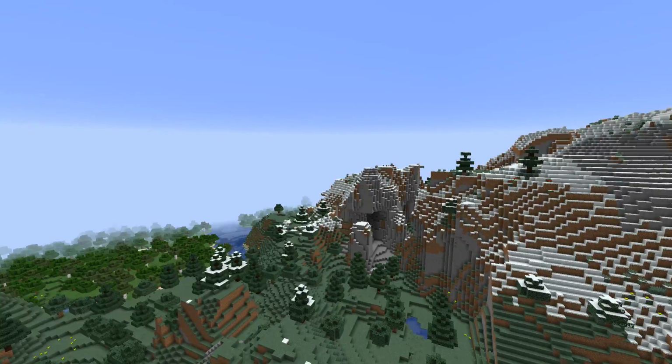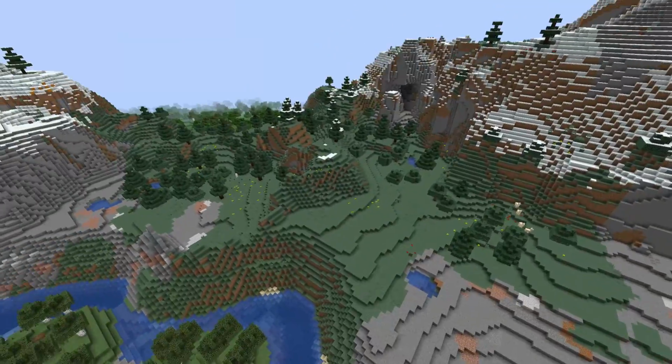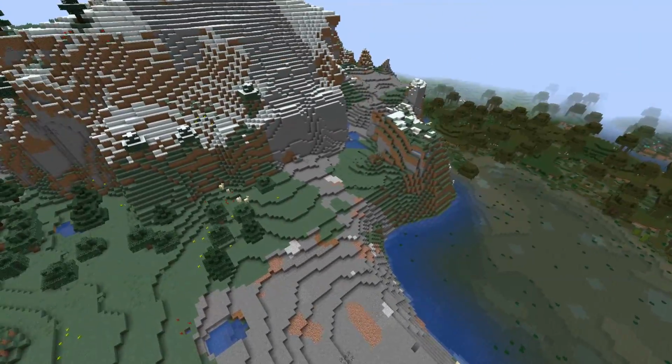I believe if you go over a ways, you can find some dark oak forest, things like that. So they're going to be focused on lumber and things of that sort. And then